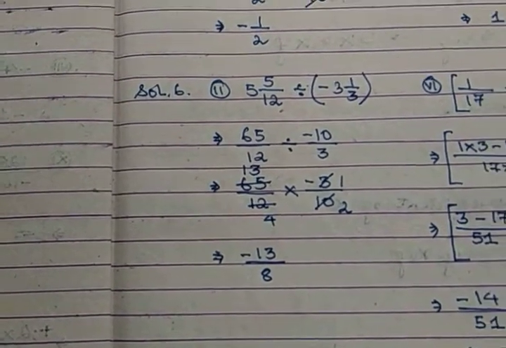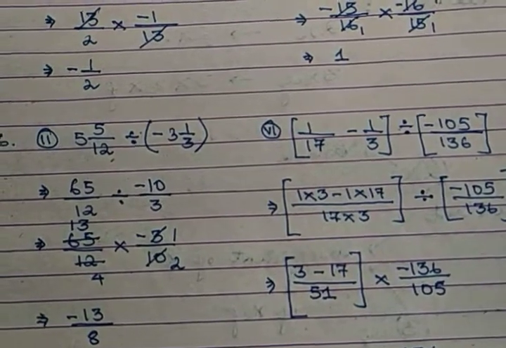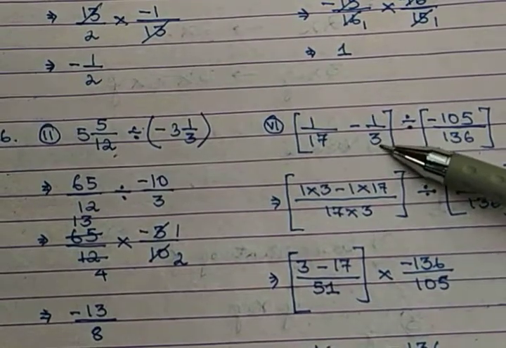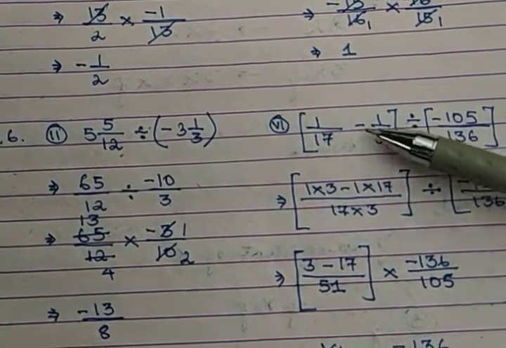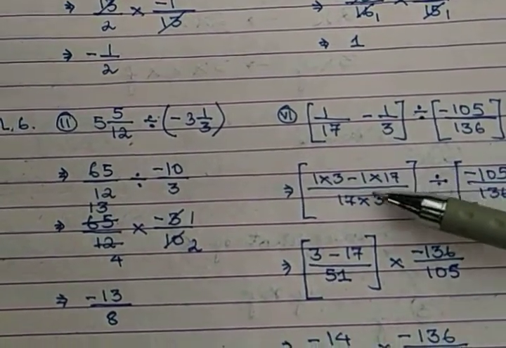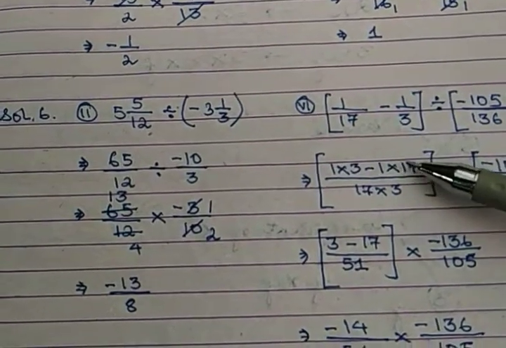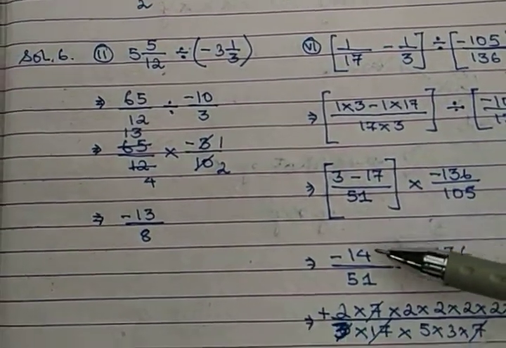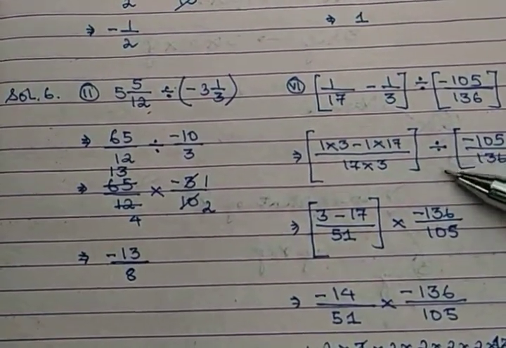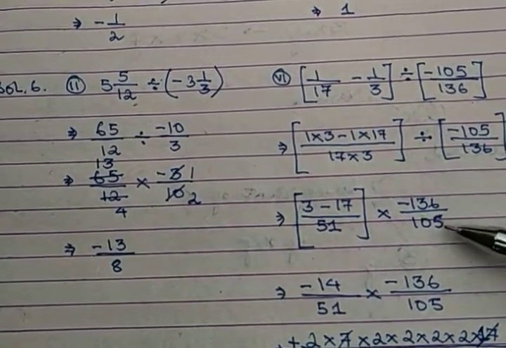Is it okay? And for question number 6, again a little bit of simplification is also included there, because within the brackets we got two fractional forms with minus, that is subtraction of two fractional forms. So what I did here, again, I have gone with the cross multiplication part, the subtraction of the fractional forms. After doing all that, I got my answer as minus 14 divided by 51 into, see, the division I have converted to multiplication, into the reciprocated term 136 by 105.